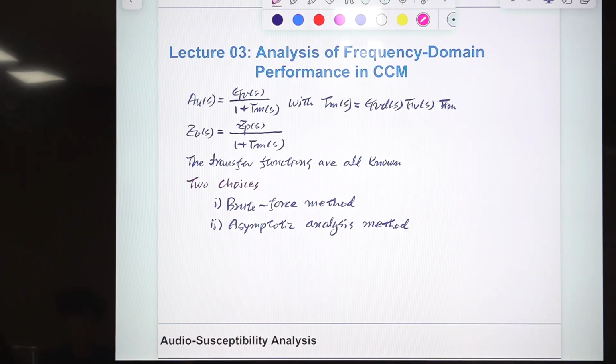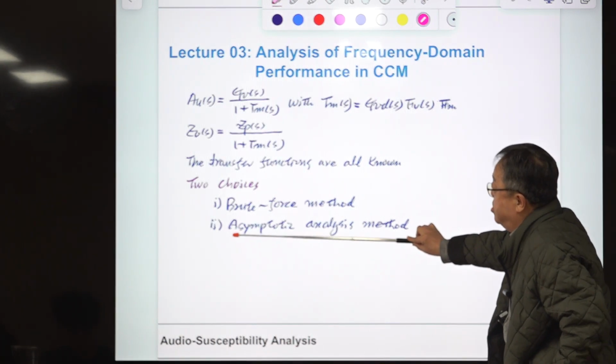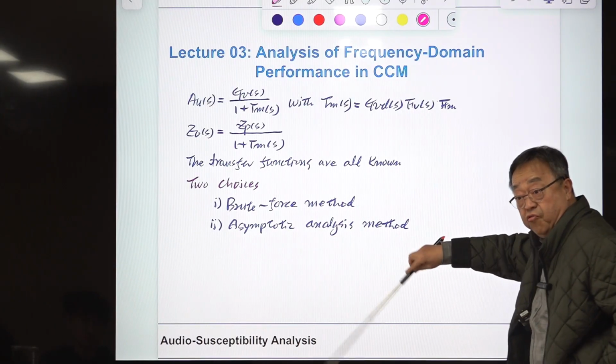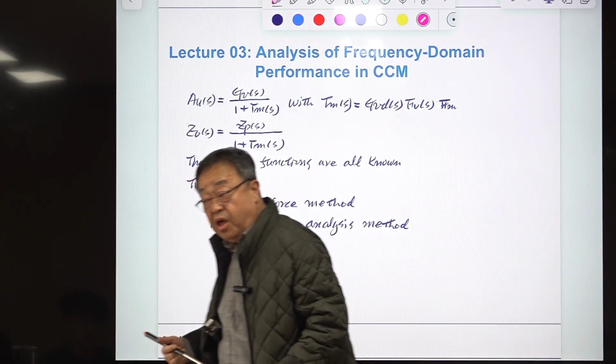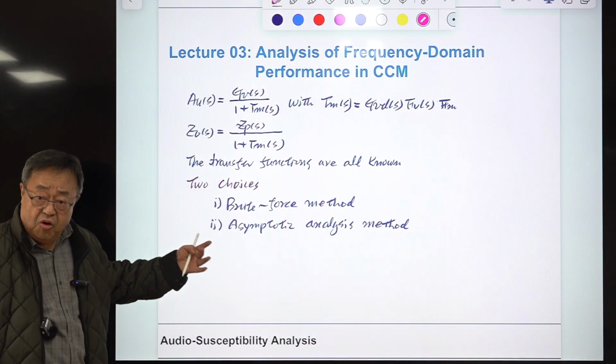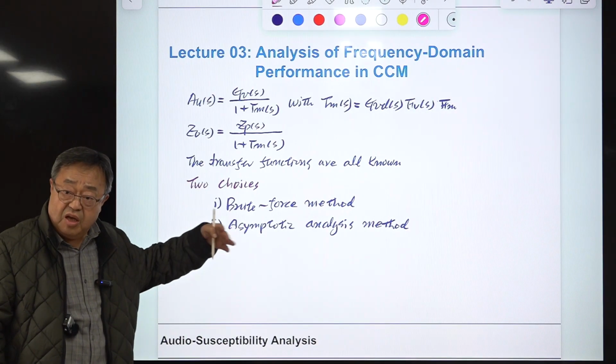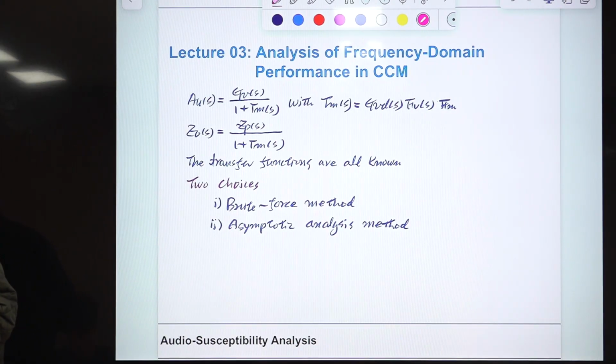Okay? Just a bunch of garbage, some equations, does not provide any insight in the circuit operation, and absolutely no information about design. Okay? So this, we don't want to use. And second choice is asymptotic analysis method. We discussed in the previous lecture. And as you will see, this lecture provides all the information about the circuit operation structure and how to design compensation to optimize the closed loop performance.